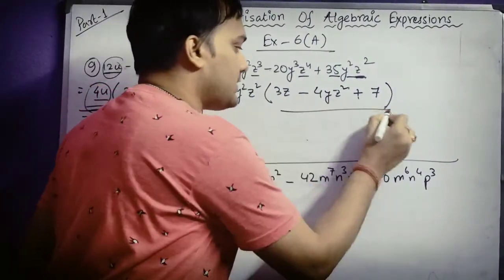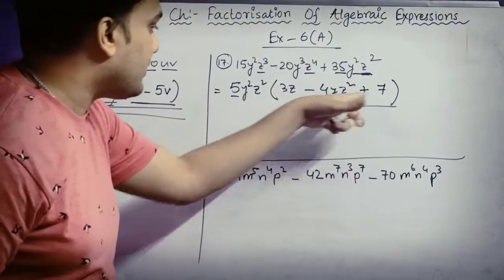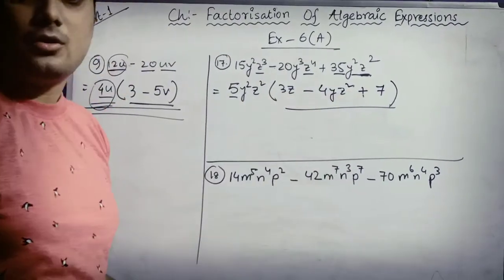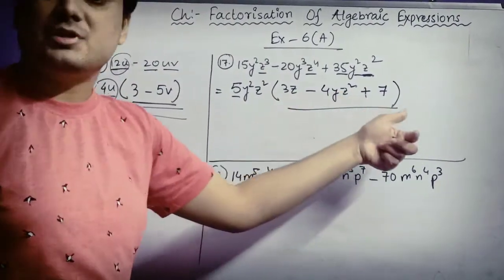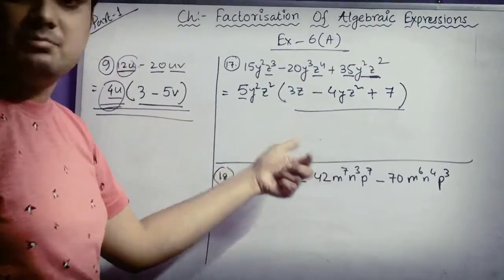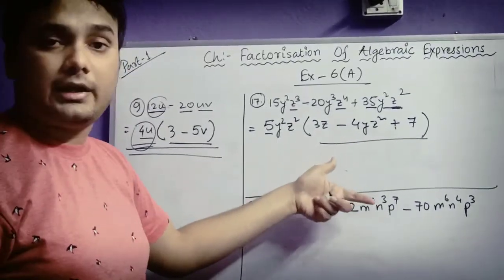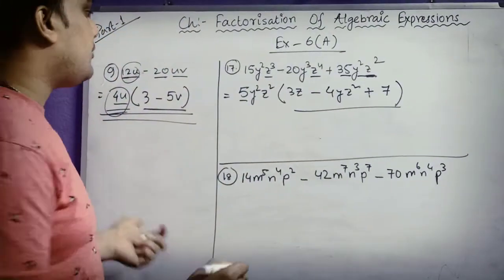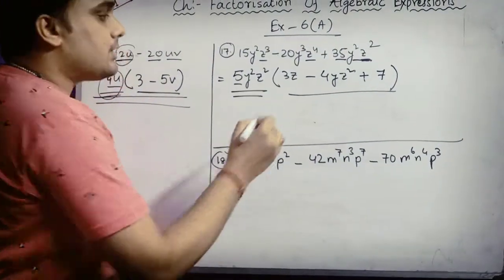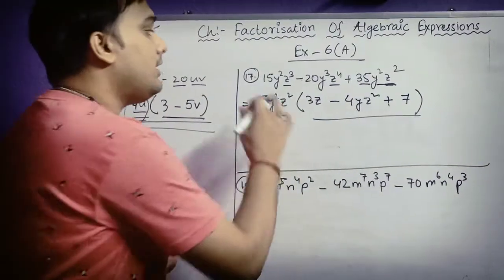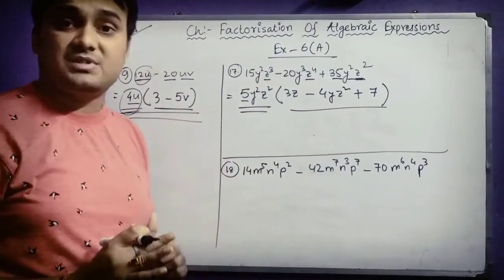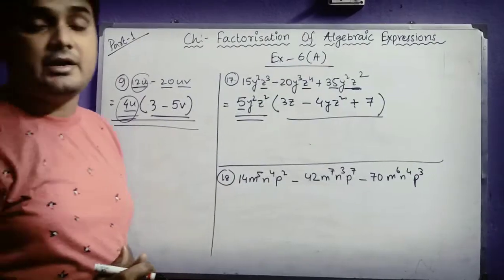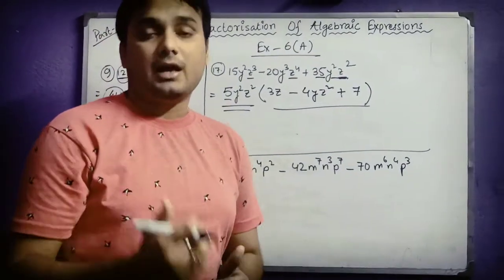And this bracket you have to see once again, whether anything can be taken as a common factor again or not. You can see this bracket part is completely in irreducible form. You cannot take any more monomial as common. So this is your answer. Again I would like to say that you are getting a monomial as a factor from all the terms. That is why I am saying that this exercise is dependent upon the concept of taking a monomial as a factor.